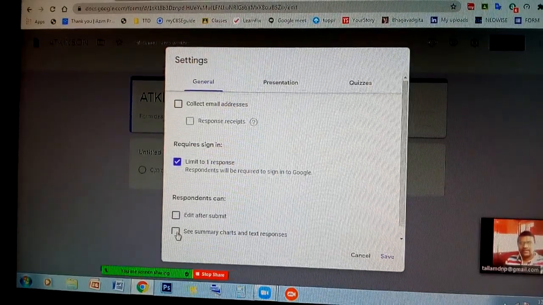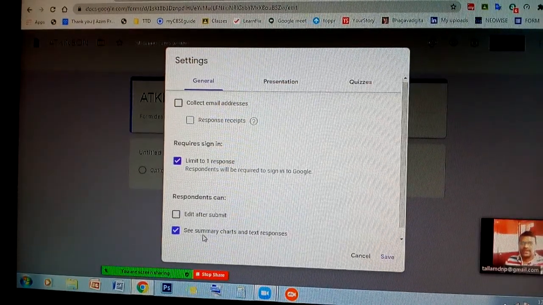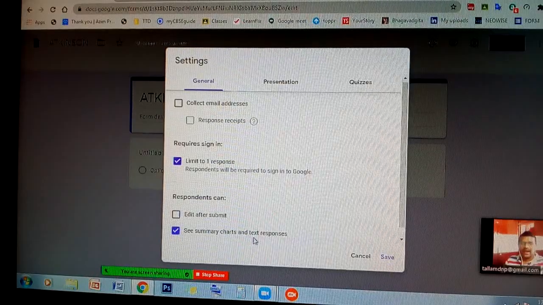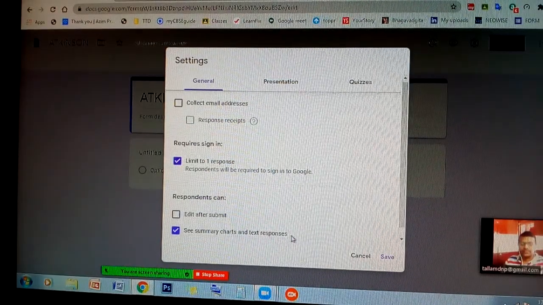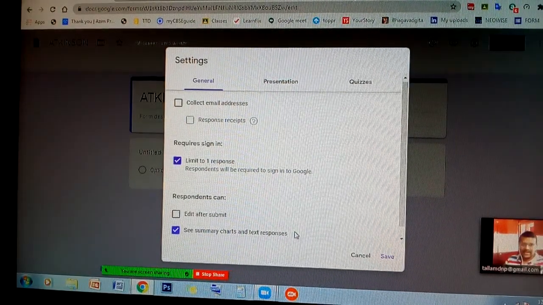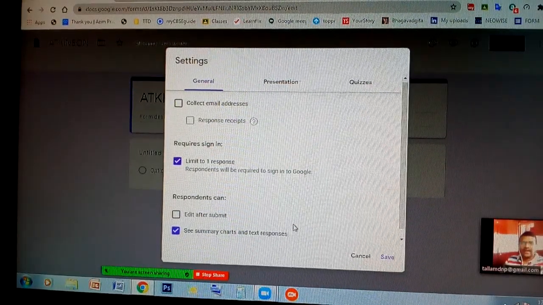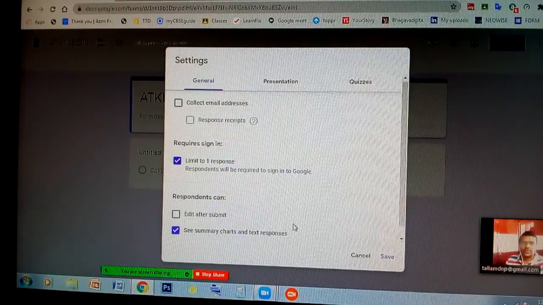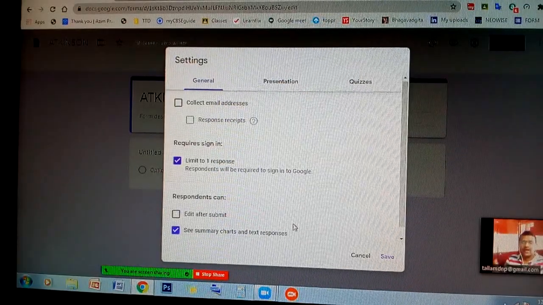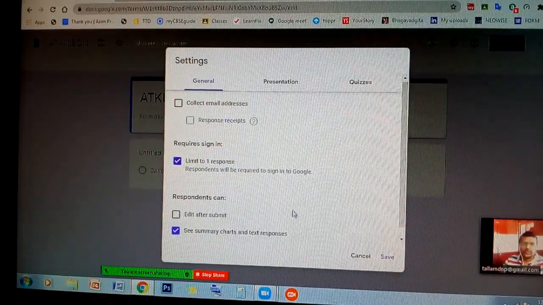Next, the second one at the bottom, that is Summary, charts and text responses. When we connect it for the whole class, we will get the correct analysis of how many students answered all the questions, and that is the students' progress we can see.